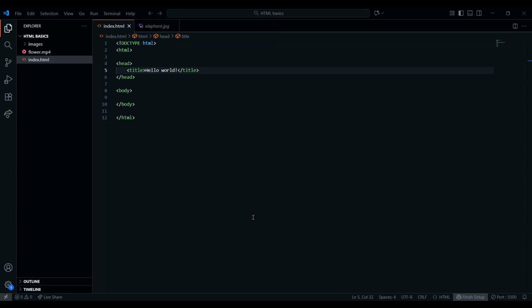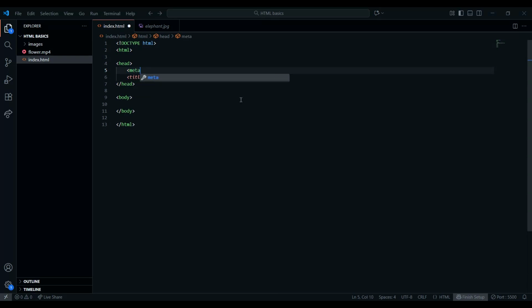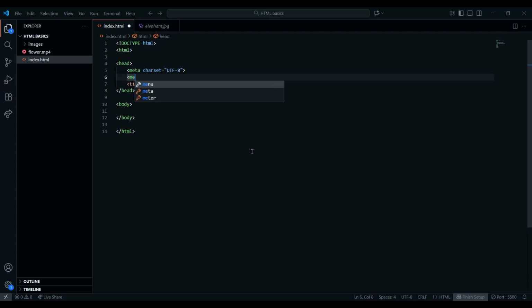your website. If you write meta charset equals UTF-8, then we close it. Basically what this does is it makes sure that all of your text on your website displays correctly, and also emojis as well. Then we also have meta name equals viewport, content equals width equals device